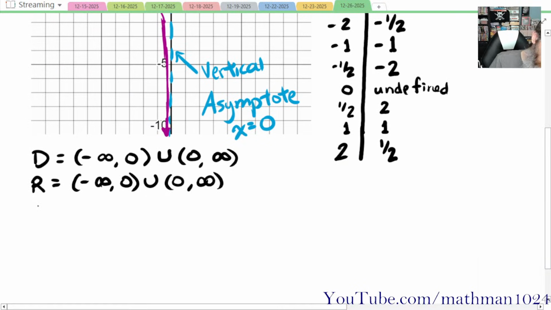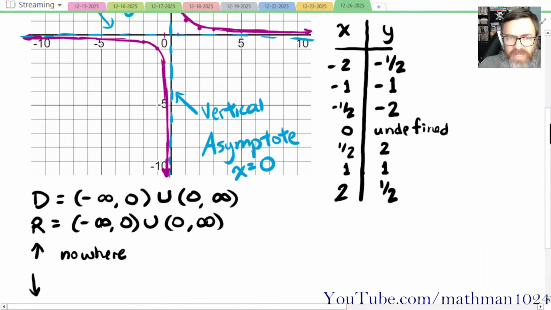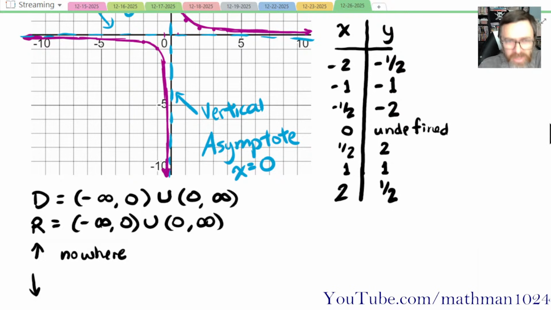So if I ask you where is he increasing, you would say he's increasing nowhere. But what about where is he decreasing? And this is where things get kind of tricky, especially when you're answering a question like in My Math Lab or some of those other online courses. So some people might say it's decreasing everywhere, but we've got to be a little bit careful about how we